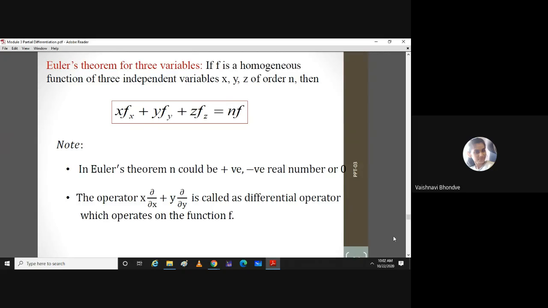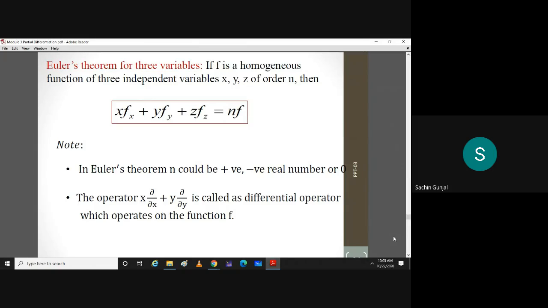If we equate it to some other variable and write sine inverse of (x square plus y square) is equal to f, then sine f will be x square plus y square, so we can take t square common. What you said is correct, that will become homogeneous, but the original function is not necessarily homogeneous.